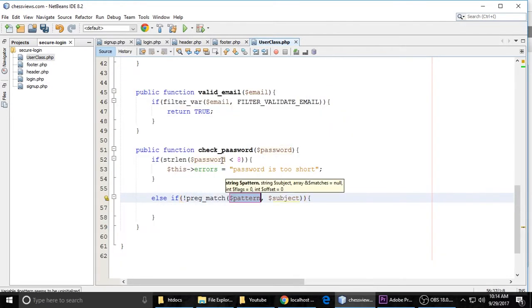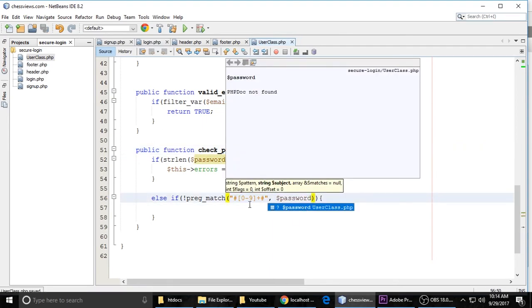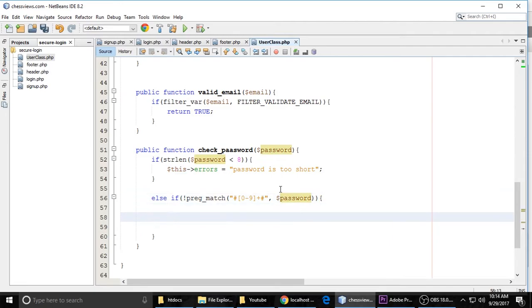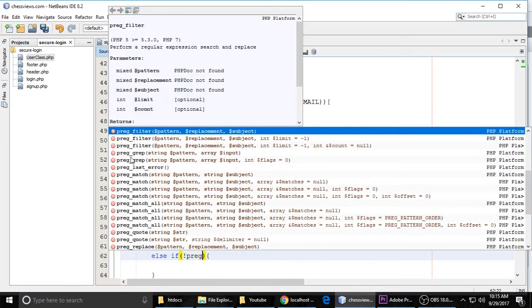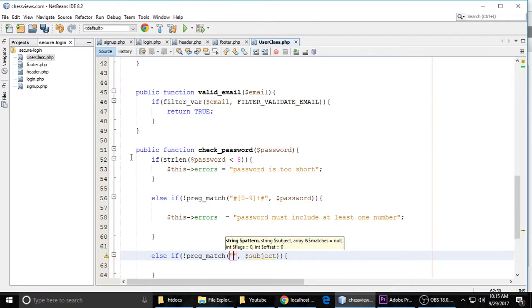with a regular expression, so it will match a pattern here. It has 0 to 9, which means the password must have at least one number. Okay, and the error message here is "password must include at least one number", and a semicolon. Next, for at least one letter, the same process, but this time we will check